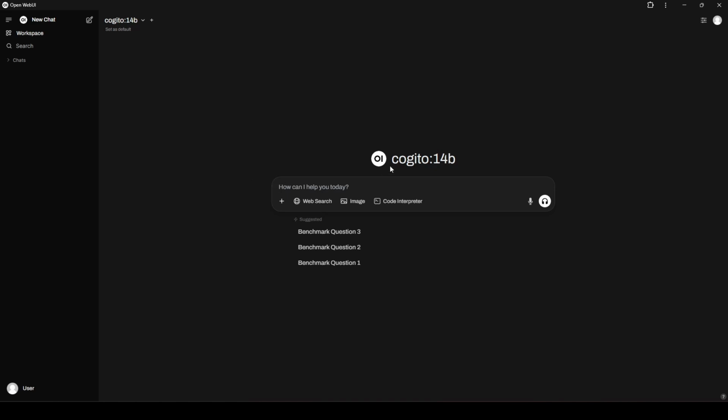So I think I'm going to keep using Cogito 14B. I'm pretty happy with it so far. I like that it can be either a reasoning model or not, depending upon your use case. I don't have a great use case for reasoning models right now, but that might change in the future, and that's why I like this model that's able to do both. I've rambled a long time now through this testing, and I'm sorry.